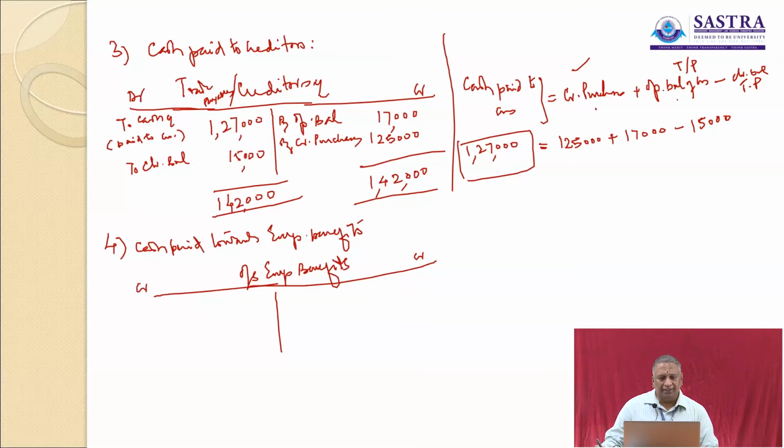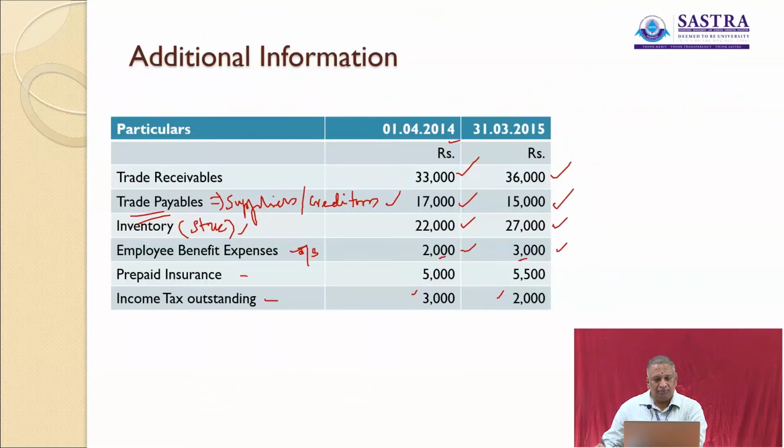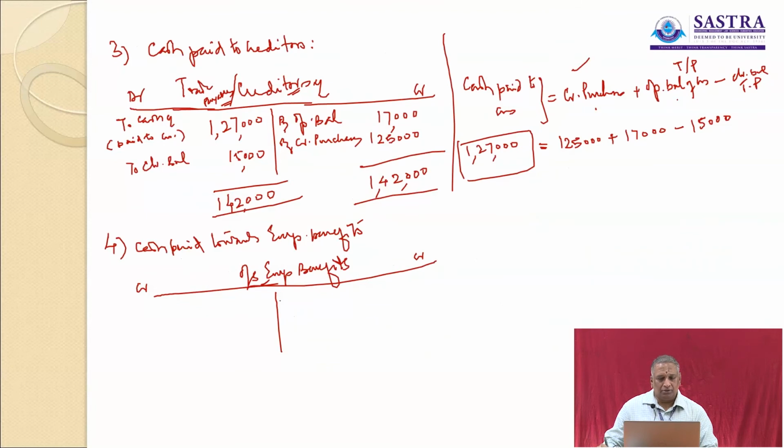So they are like creditors. Creditors are suppliers of goods on credit. Okay, it is payable, nothing but trade payable. Here it is payable to employees, employee benefits outstanding, due to be paid. So employee benefit expenses outstanding are 2,000 and 3,000, the opening and closing balance. So by opening balance 2,000 to closing balance 3,000,